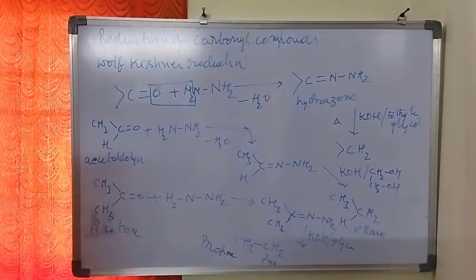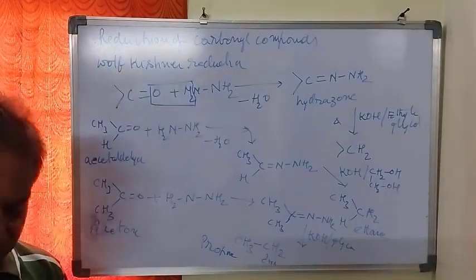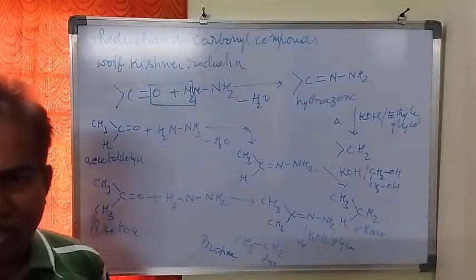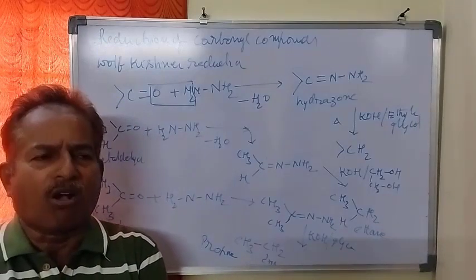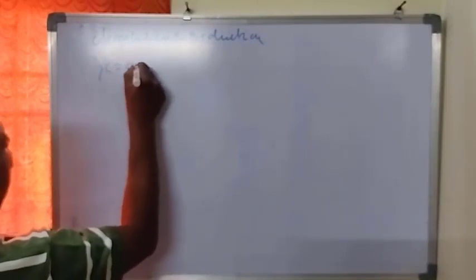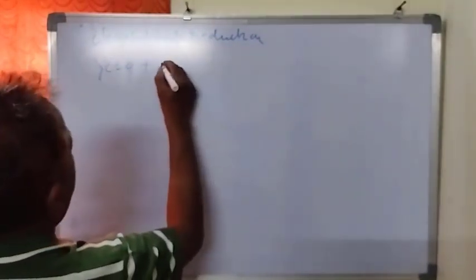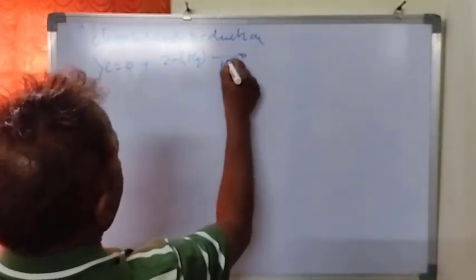In reduction of carbonyl compounds, two different reactions are there. One is Wolff-Kishner reduction and another one, now let us discuss, is the Clemmensen reduction. See here, in this way, you have to classify the reactions into different categories in which the product may be same or the reactant may be same, etc. Now let us see the Clemmensen reduction. In Clemmensen reduction, this is the carbonyl group. In Clemmensen reduction we use amalgam. Let us take zinc amalgam. Amalgam means an alloy of mercury and some other metal. So if you take zinc amalgam in the presence of HCl, we get